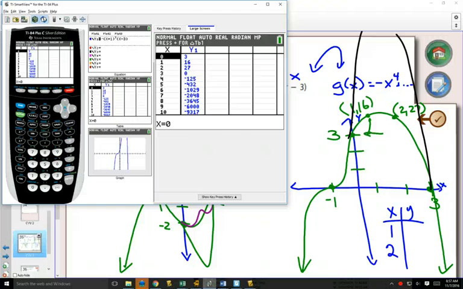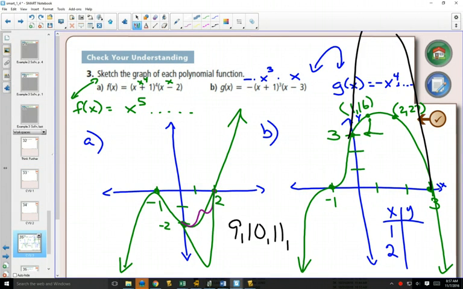So, questions to do for practice. 9, 10, 11, 12,